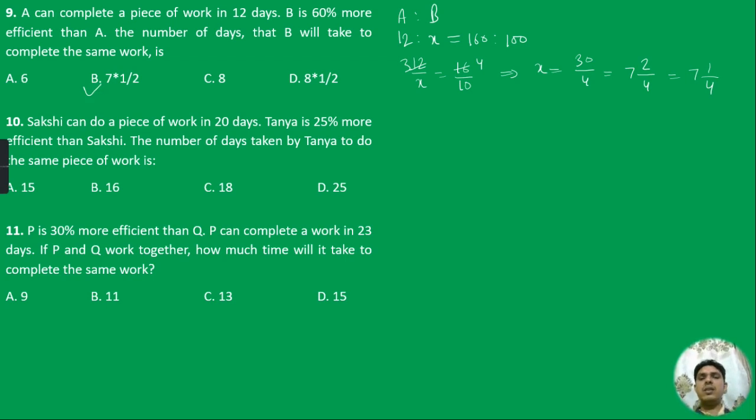Student, in this question, there is one area of mistake, that whenever you say that B is 60% more efficient than A, we will not write B as 160 and A as 100. No, we will write B as 100 and A as 160, because that means B is taking 60 days less than A,